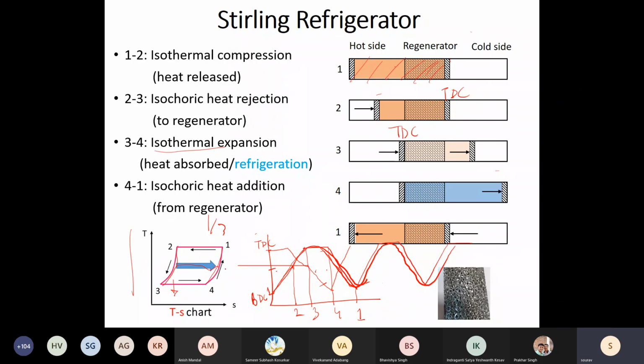So in 4 to 1, the gas is getting heated, and in 2 to 3, the gas is getting cooled. So we have to transfer heat from this to this, but we do not have a provision for having a continuous heat exchanger over here. It is the same volume of gas which has to reject heat and then again get heated. So one way is to have some material which can store this heat. So as gas passes through this material, it heats up this porous media. So in a way, you can imagine that now this porous media is hot and it has stored the heat. Okay, but then